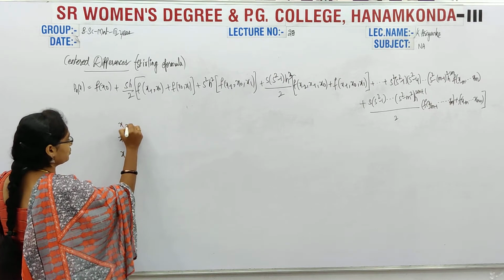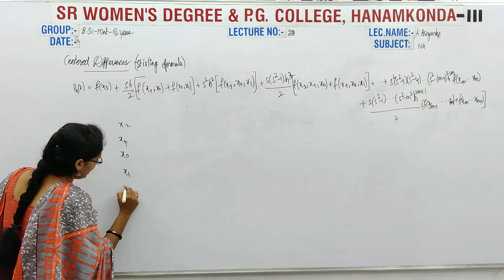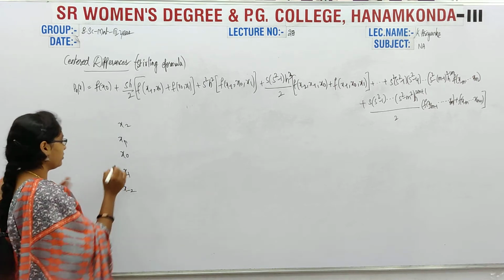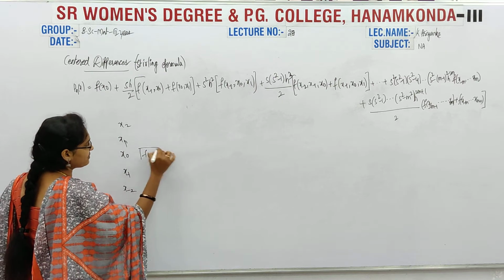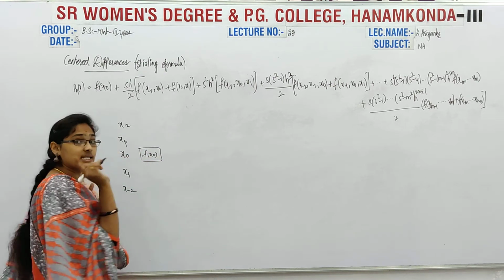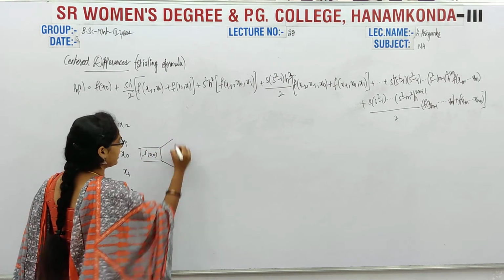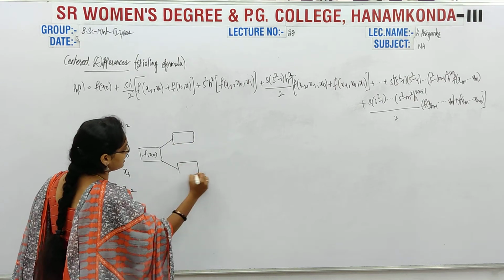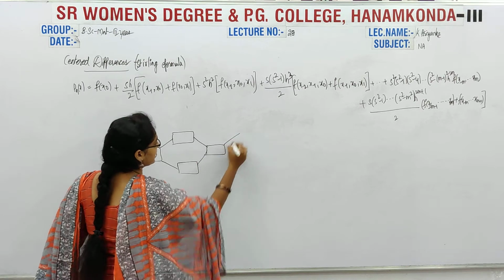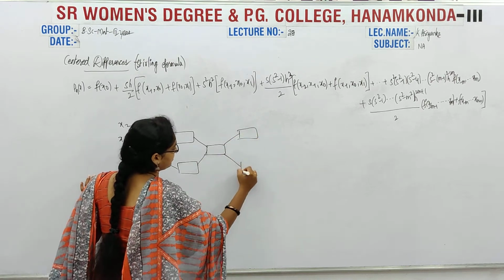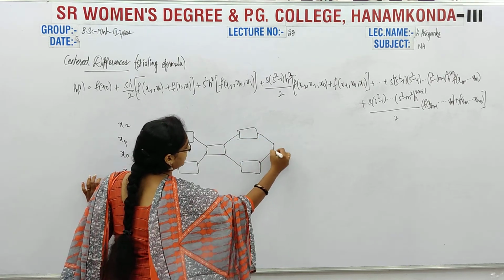x1, x2, and next x minus 1, x minus 2, like this they give the values. So here you get f of x naught. First of all we take the formula, next for centered we again take these values, next again the middle, next again like this, so again the middle like this.